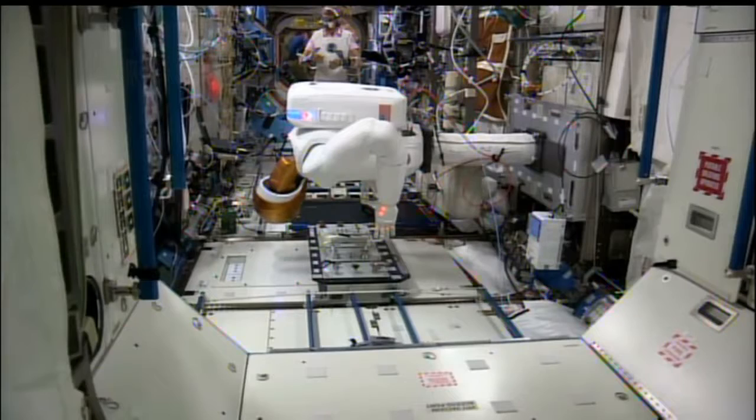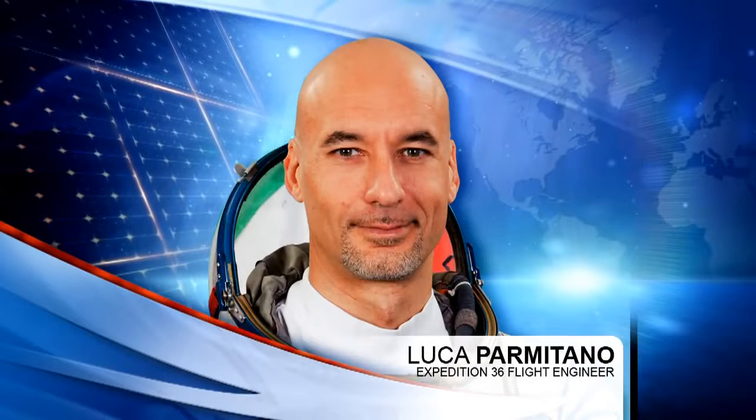It is demonstrating what a robot can do and helping developers as they test the boundaries of what a robot might do in the future, including helping the human crew with tasks inside the station, perhaps someday outside the station as well. Flight engineer Luca Parmitano spent a good portion of his Monday in the European Space Agency's Columbus laboratory